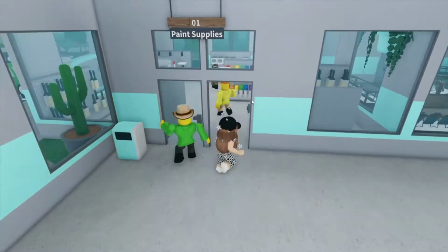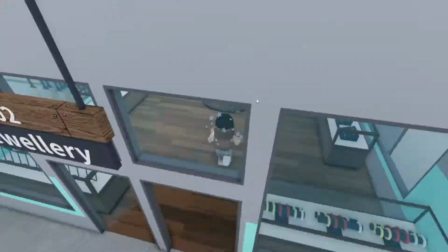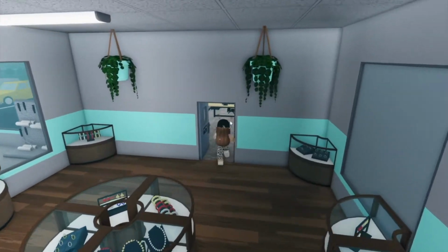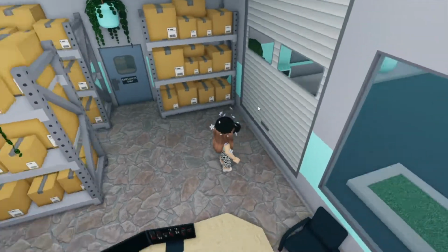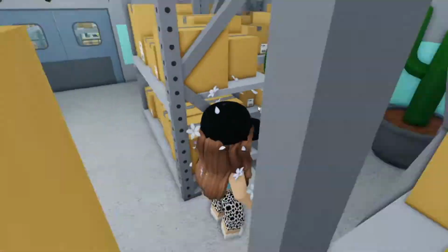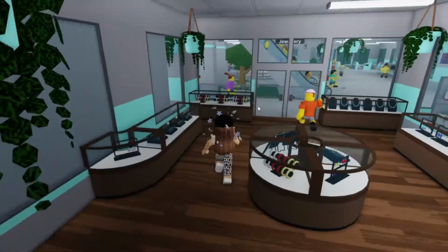So this one is paint supplies, and I'm pretty sure this looks the same as last time. Then number 2 is jewellery, and I've changed the floor in here so it looks a lot nicer. And we can also head through the back here into the stock room, which is where my manager is and where the truck unloads, and that goes into a bigger stock room over here. Then if we head back out and back out of the jewellery section,